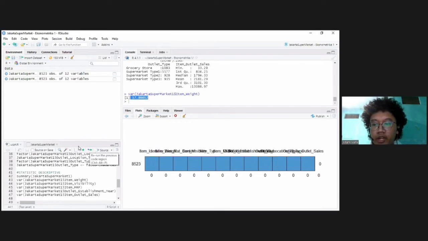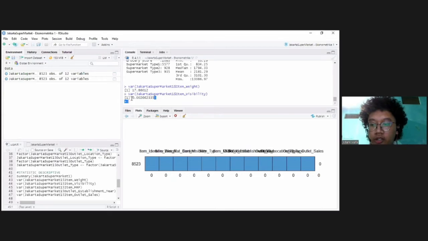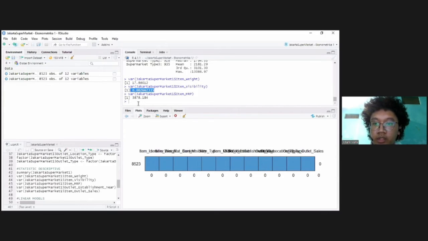The variance of the item visibility variable is 0.002662335. Next, the variance of the item MRP variable is 3878.184.